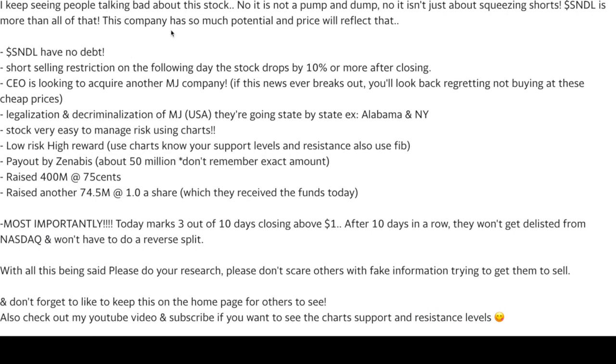On Yahoo Finance and on Twitter, I did mention that this isn't a pump and dump. This is actually a good company. SNDL have no debt. There's a short selling restriction on any day that drops 10% or more. And I said if a stock dropped 10% or more, buy the dips. And I said that way before the stock jumped up. So you might want to watch out for the 10% dips if it does happen now. But back in the lower levels, I did mention if there's a 10% dip,